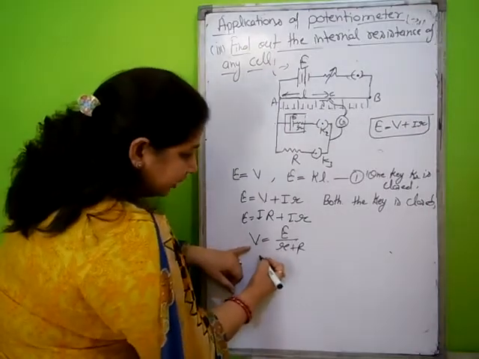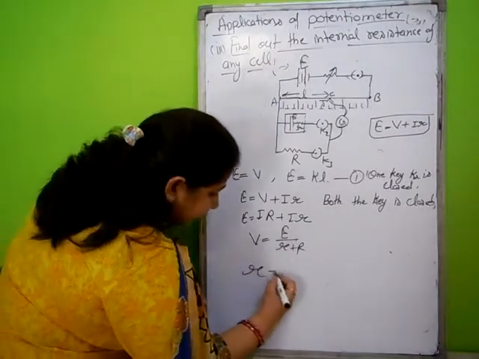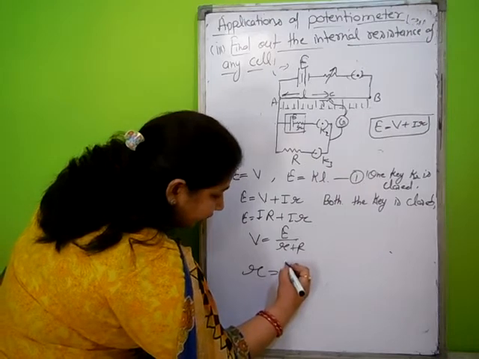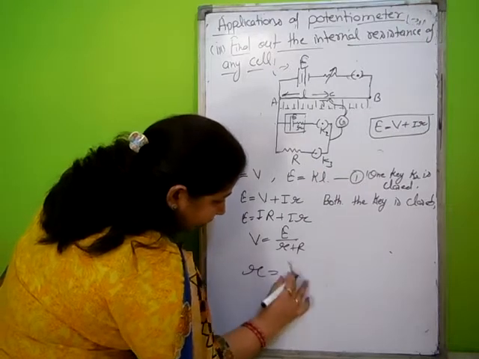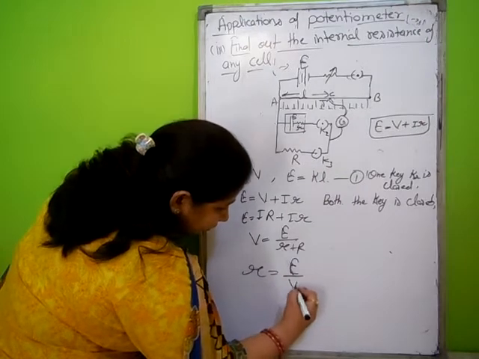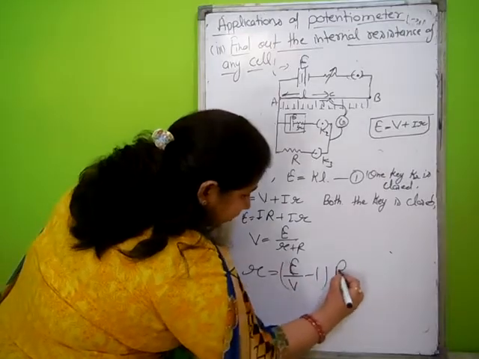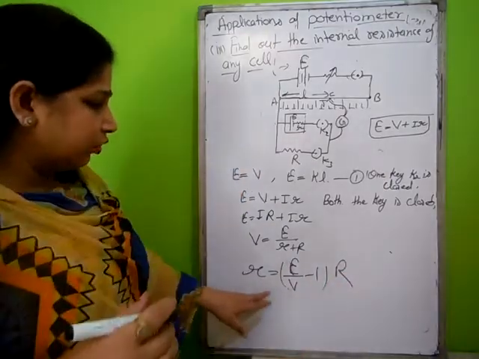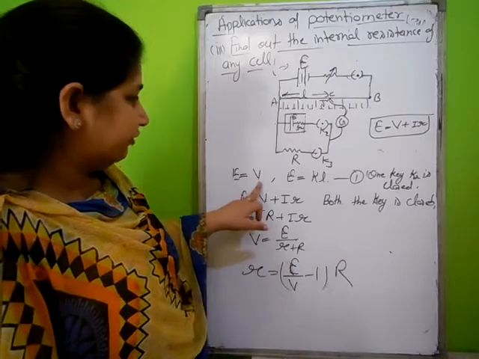Now we have this relation, and we have already done the derivation for this relation. V is equal to E upon